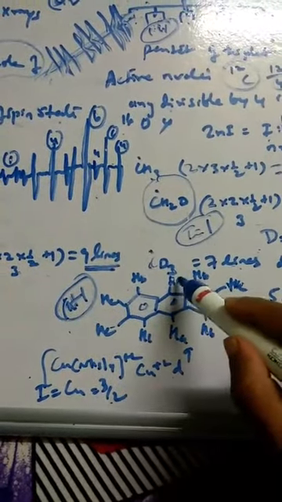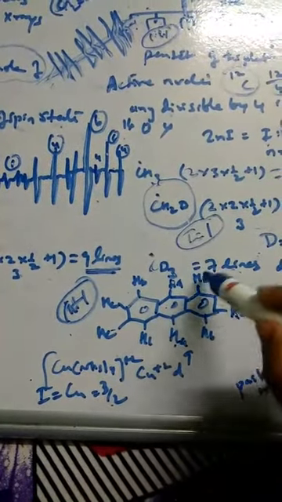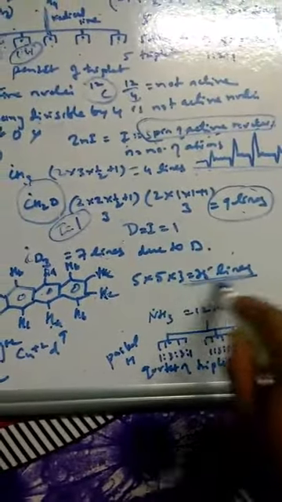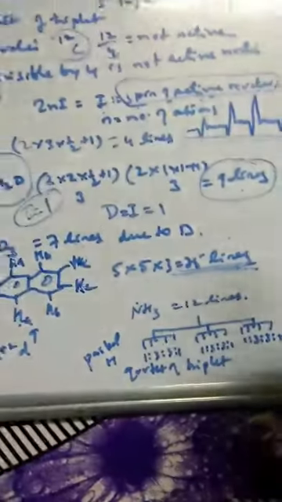Similarly, how many Ha 2 are there? So 2 plus 1 is 3, 5 and 3, and here also 4 is there, 5. So 5 into 5 into 3, that is 25 lines. So this anthracene is going to show how many lines? 25 lines. See, again it's very simple, we are going to get 25 lines, and since it is proton, it